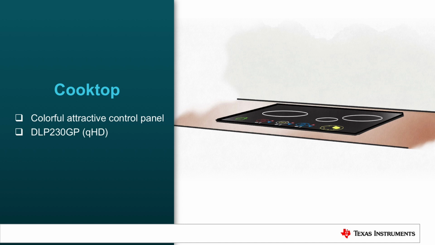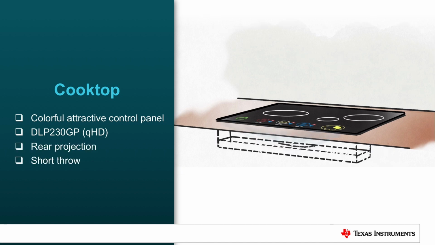For this situation, we're going to be utilizing rear projection, and here's a quick look at that. So we'll have rear projection under the hood.